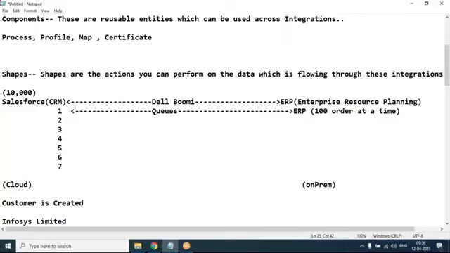What will these queues do? Whenever an order is fired from here, they will push it into the queue. Now the queue has the capability to first of all store the messages. It can store messages permanently also, but generally we want to store the messages for a temporary time. And it will also ensure the data which comes first is passed first to the ERP, right? So that way in this queue I can decide